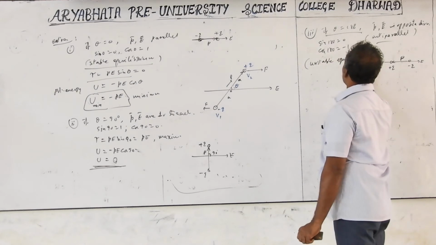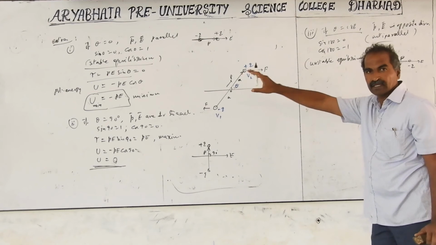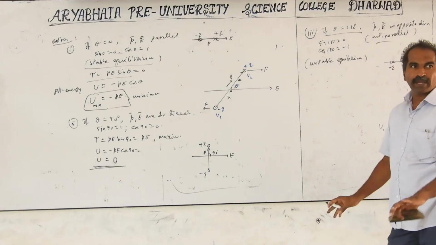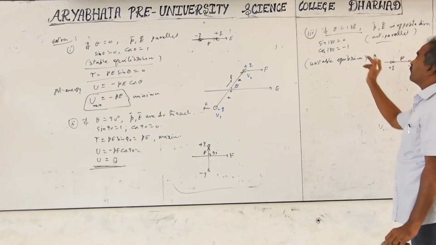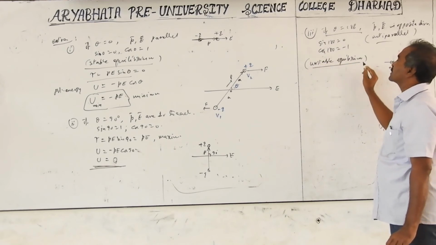Stable equilibrium is sometimes simply called equilibrium. Initially, the equilibrium condition is stable equilibrium. Rotating by some angle theta means you are disturbing it from stable equilibrium, and it tries to go back to theta equals 0, the stable equilibrium. Exactly the opposite direction to the stable equilibrium is called an unstable equilibrium.